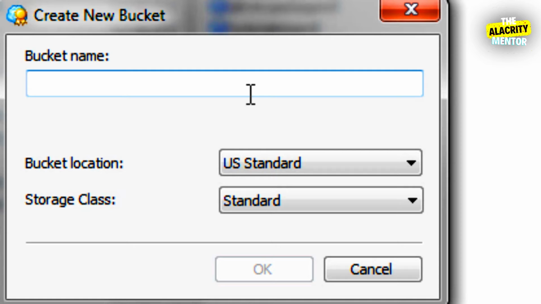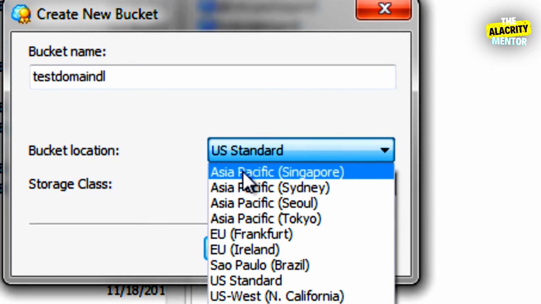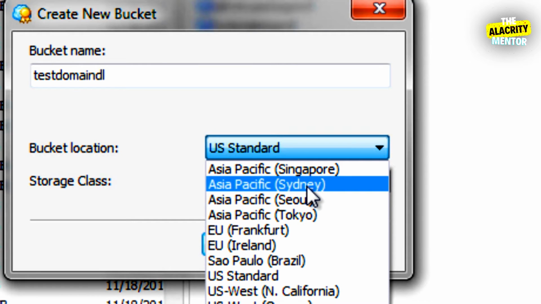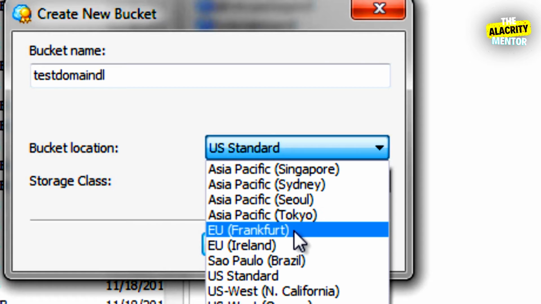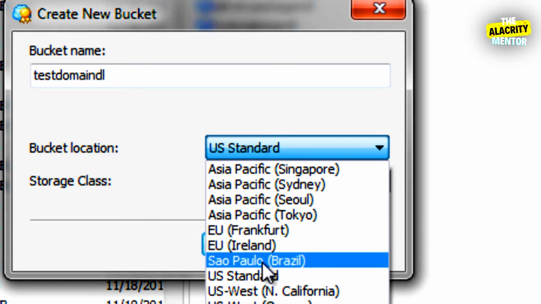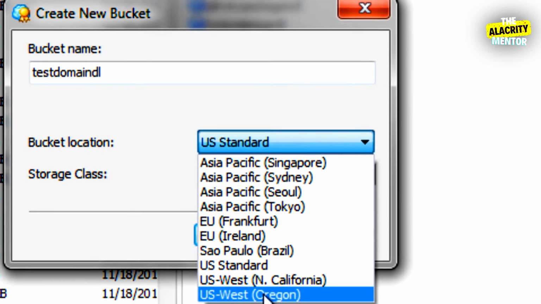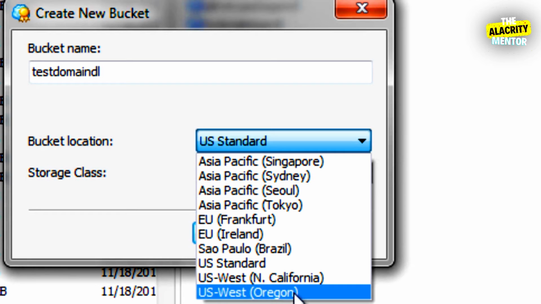Now, the next thing is it's going to ask you for your bucket location, meaning are you going to upload the files to a server within a certain region like Singapore, Sydney, Australia, Tokyo, Seoul, Korea, Europe, or the US. Now, before you decide on choosing what bucket, I know most people will choose a bucket that is closest to them.